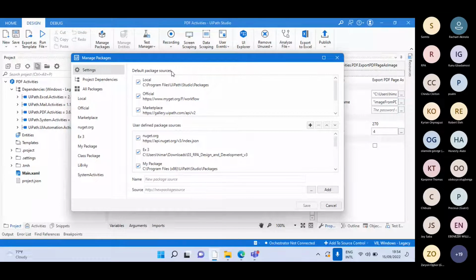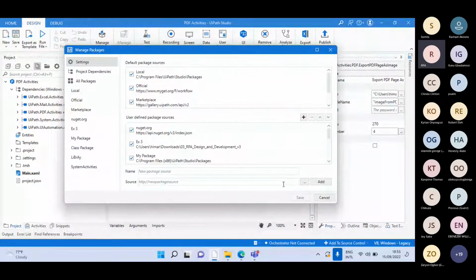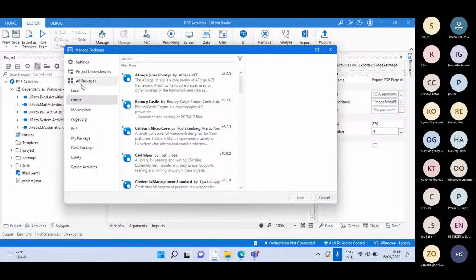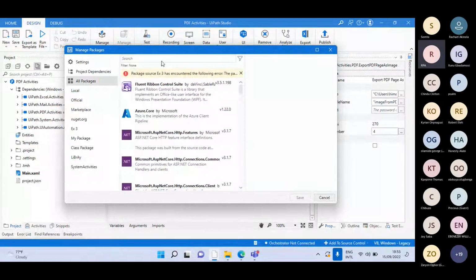Okay. Yes, it's local, official marketplace. No, I say under default, not user defined. Default one's the same. Okay, under default, yes, it is like that. And they are all checked. Yes, they are checked. I think if you can't find it, try searching all packages for PDF, and you should hopefully see it there. If it's not there, then